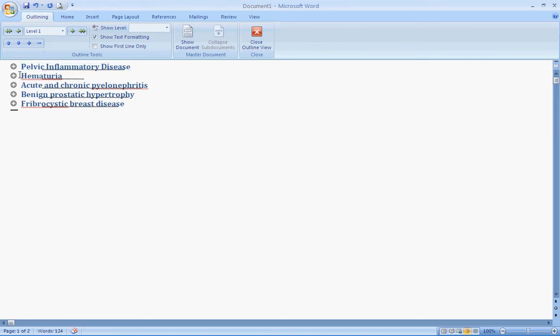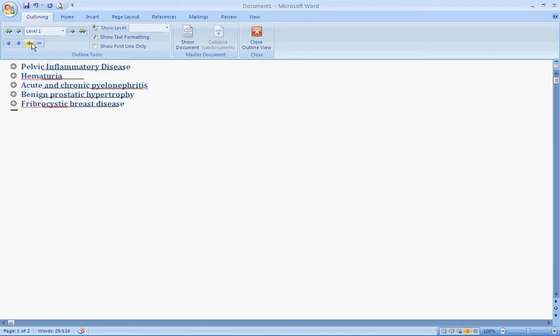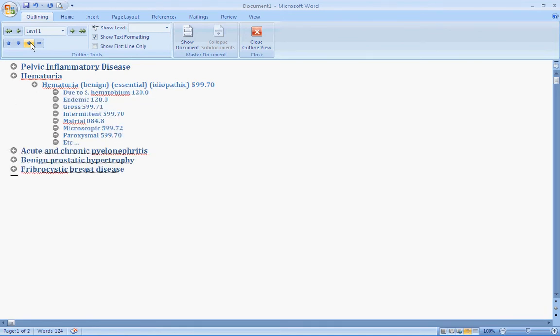Hematuria, which is blood in the urine. Obviously enough, I would start with hematuria. Now, this is benign, essential, idiopathic. You'd think, okay, maybe I can stop here. But again, you always have to look and make sure, because you've got all these due tos, endemic, gross hematuria, which is you can see the blood, intermittent, which means it's on and off, microscopic, which means you actually have to do a urinalysis to see it, but it's not visible to the naked eye. We're not given any of that. We're just given hematuria, so we go with this code